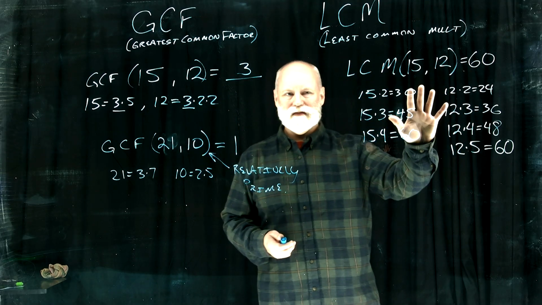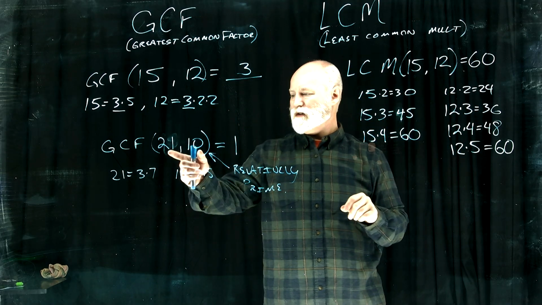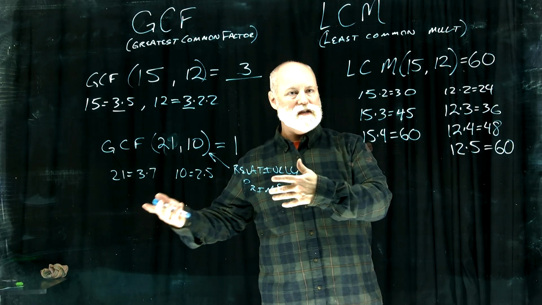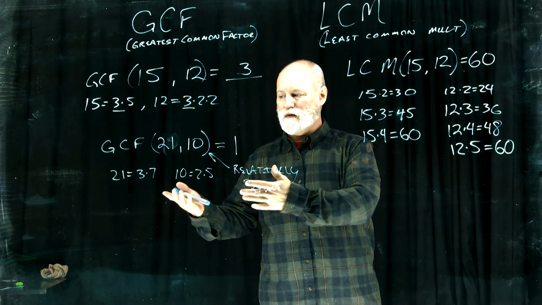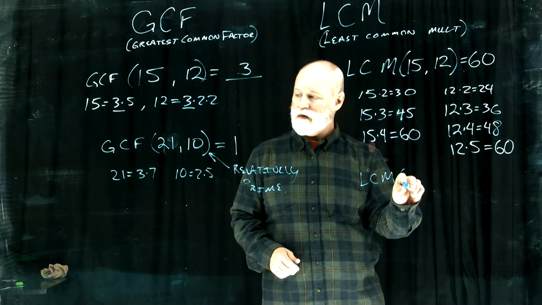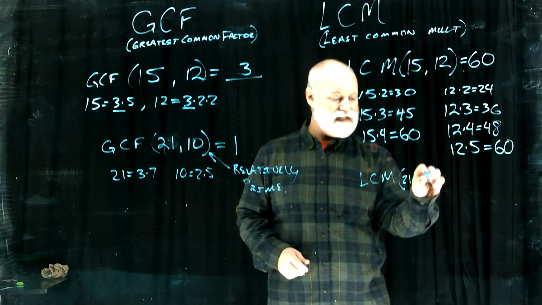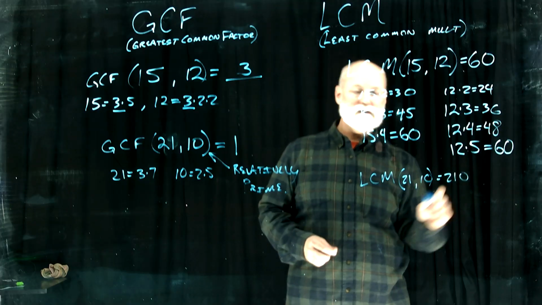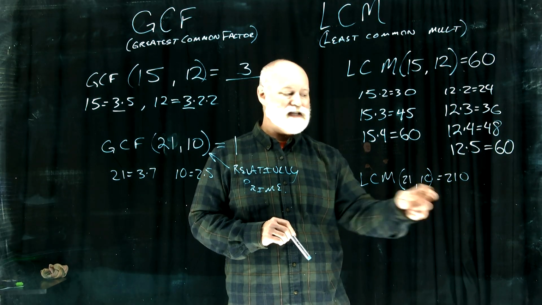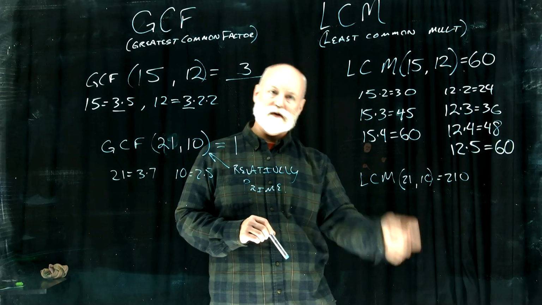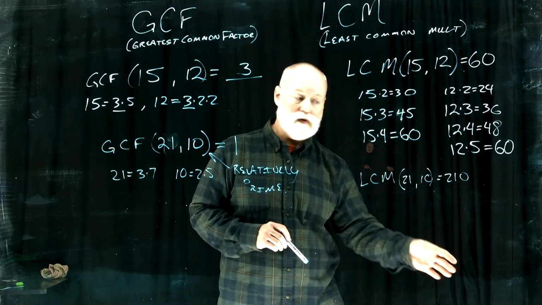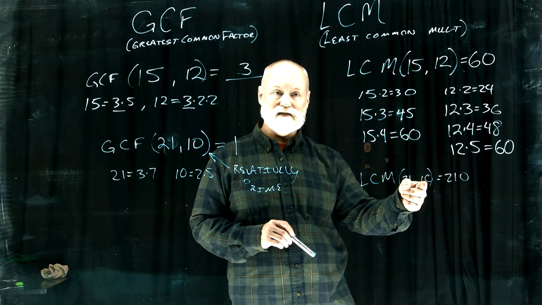We don't really ever have that situation over here, except, like if we were to take 21 and 10, well, how far do we have to multiply out in order to get something so that they lap over? Like, in this case, would the least common multiple of 21 and 10 be 210? Well, where did 210 come from? 10 times 21. Is that the smallest value? Well, you can actually run that out. 21 times 2, 21 times 3, and keep going, and do the same thing with 10, until you have